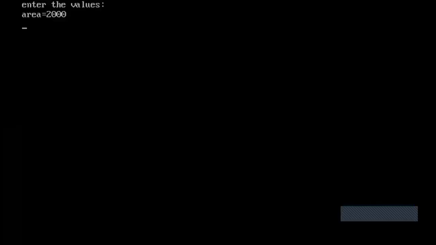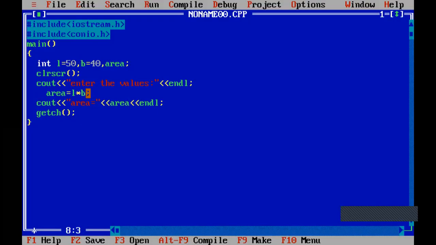See, I'm executing it for the third time, and now the fourth time, and it is giving you the same value. Why? Because I've already mentioned the constant value. I've given the L and B values previously, meaning they are already constant. Suppose you are not mentioning the value there, then it is a variable, which keeps changing its value during the time of execution. A constant has four types: integer, floating, character, and string constant. Those will be seen later. Just for reference, you now know what a variable and a constant are.